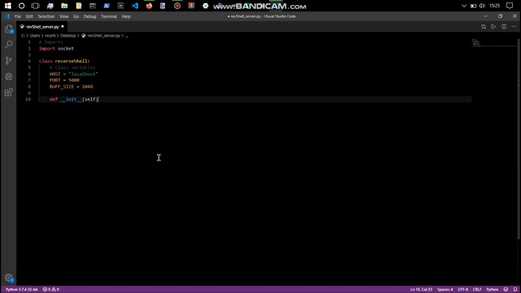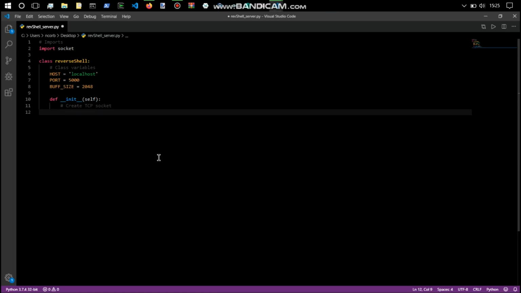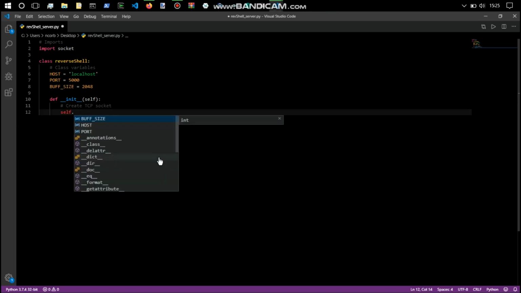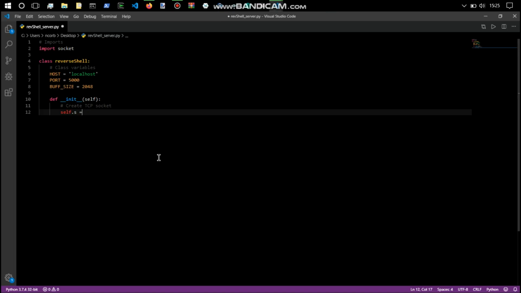So what we're going to do is create the TCP socket. Now we're going to do self.s, where s is going to be our variable for the socket. So self.s equals